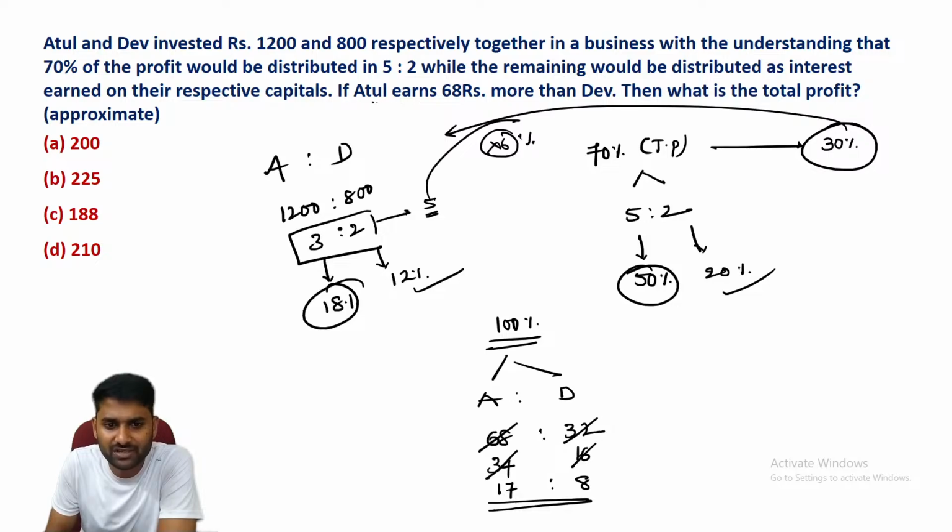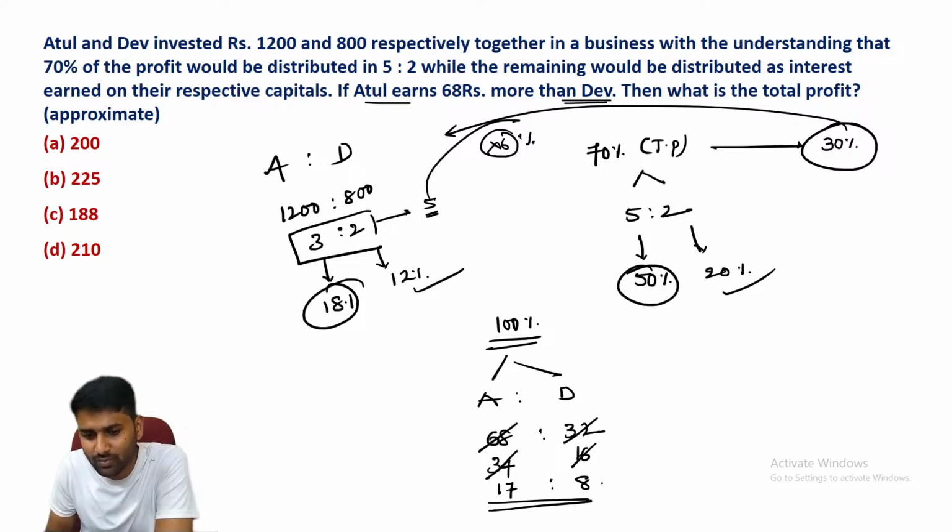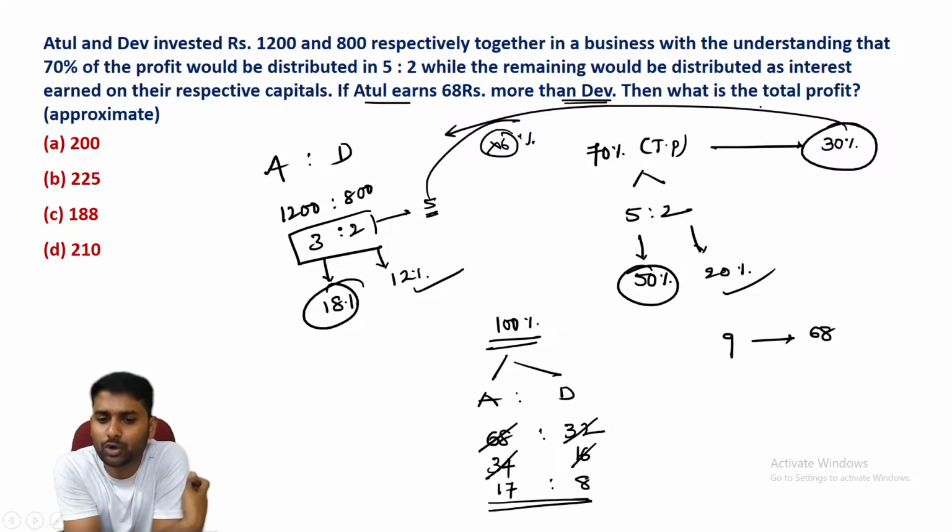Now they clearly mention that Atul earns more than Dev. See, Atul is 17 units and Dev is 8 units. 17 is more than 8 by 9 units. 9 units is equal to 68 rupees. Now the question, what is the total profit, guys? What is the total profit? Go through the calculation. Total profit is